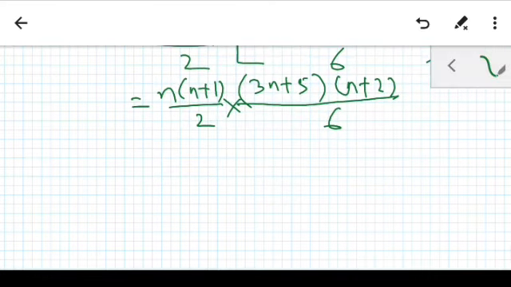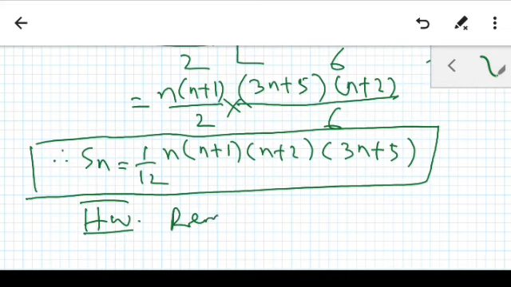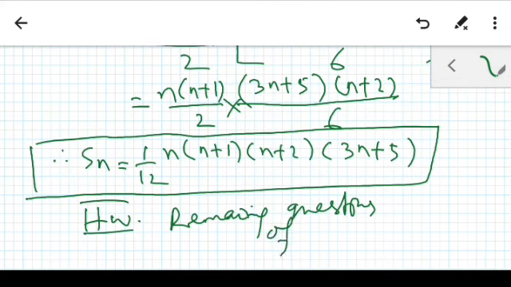So your homework is these are the remaining questions of that exercise. Okay, so you solve them out, and tomorrow if any doubt is there, you ask me, I will be solving your doubts. Okay, so that's all for